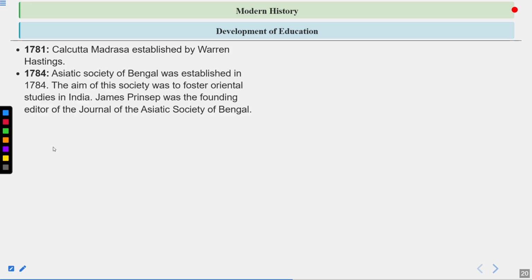1784, Asiatic Society of Bengal was established in 1784. The aim of this society was to foster Oriental studies in India. James Prinsep was the founding editor of the Journal of Asiatic Society of Bengal. James Prinsep was also the same person who decoded the Brahmi script, and he was the person basically who is